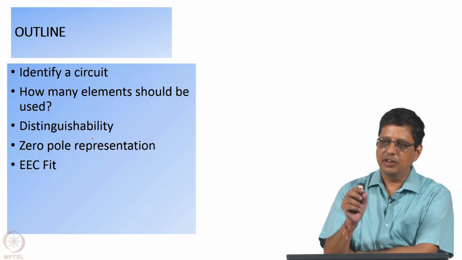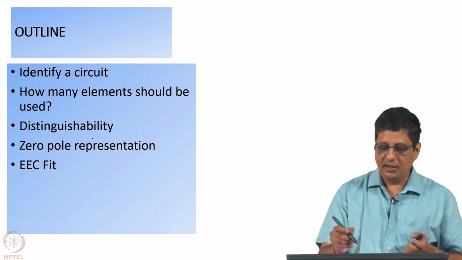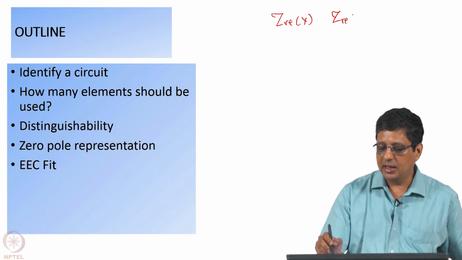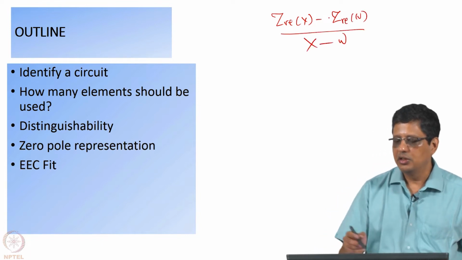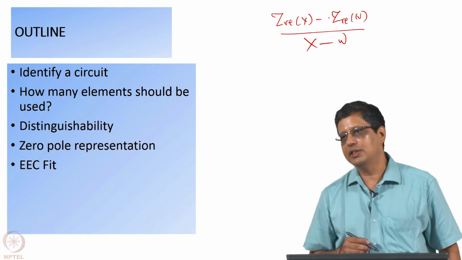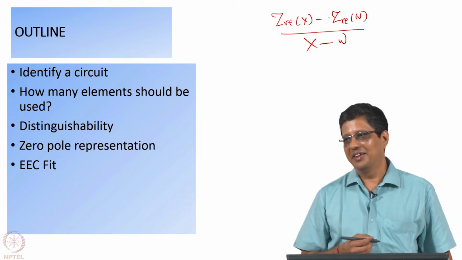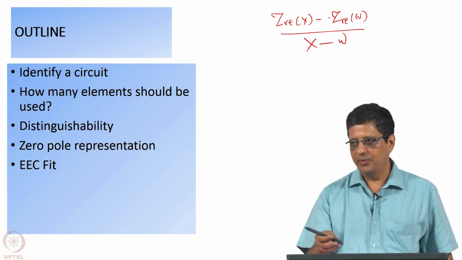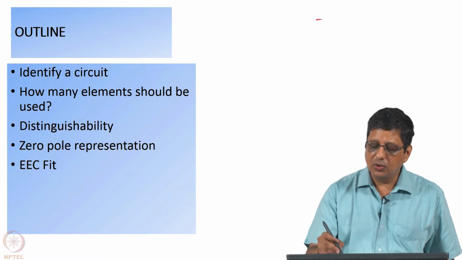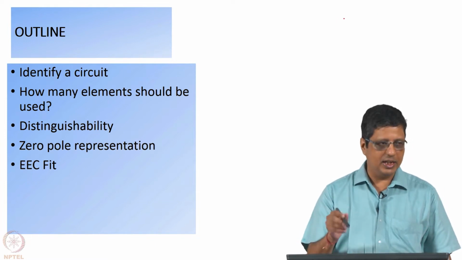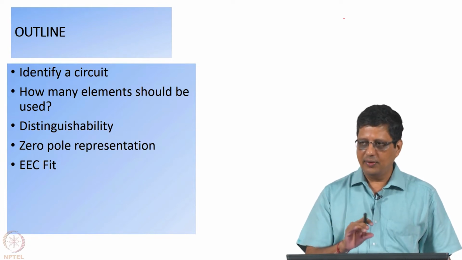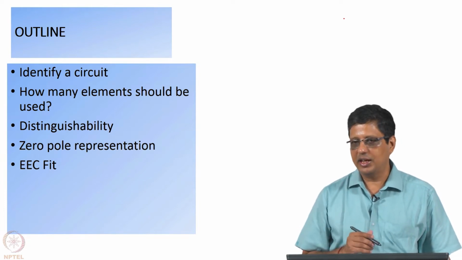Okay. So, the equation looks like Z real at x, minus Z real at omega, divided by x minus omega. So, when x equal to omega, it will look like 0 by 0, correct. Okay. But it is not a singularity, this singularity can be removed, and it is not that difficult to work with, but I would like you to try evaluating the integral, KKT integral, then you will really know, okay, this is how it is done, this is what we are getting out of it.